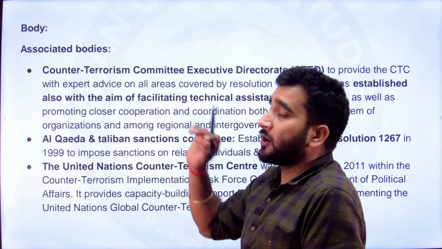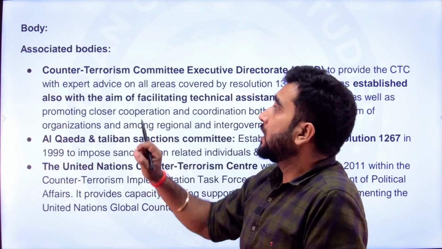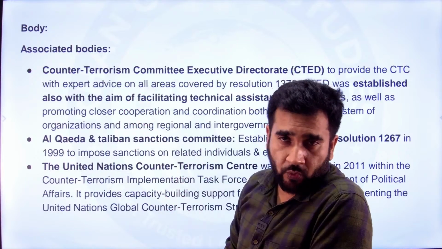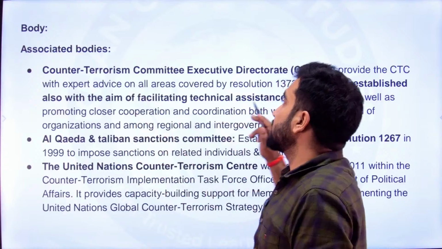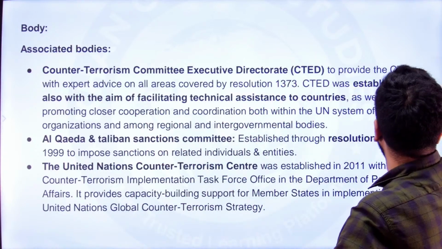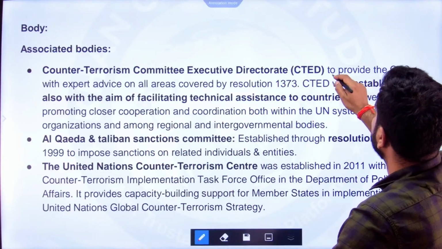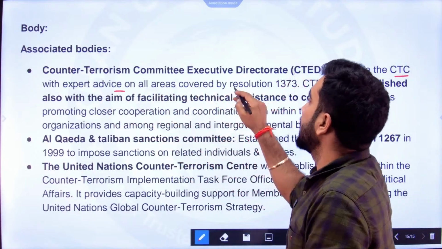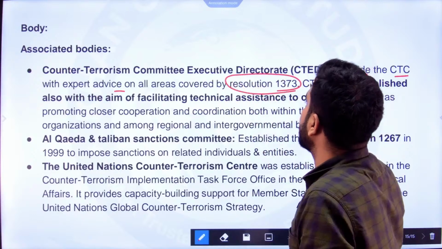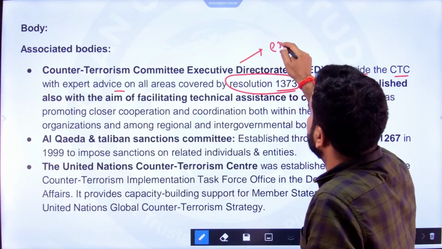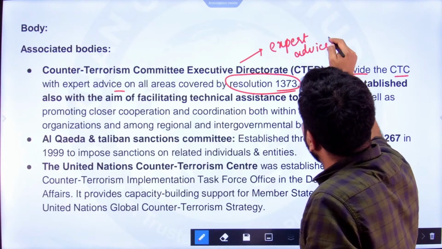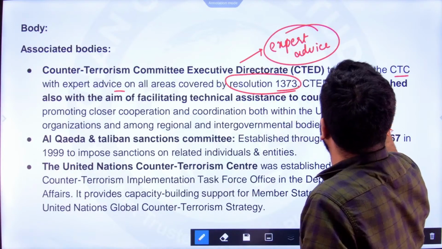अब बॉडी में क्या है करेंगे? सबसे पहले तो एसोसिएटेड बॉडीज ऑफ सीटीसी ये डालो. काउंटर टेररिज्म कमिटी एग्जीक्यूटिव डायरेक्टोरेट, CTED. This was formed to provide CTC with an expert advice on all areas covered by resolution 1373. तो CTED क्या दे रहा है? CTED is giving expert advice. It was established